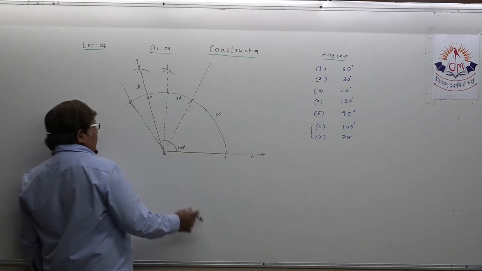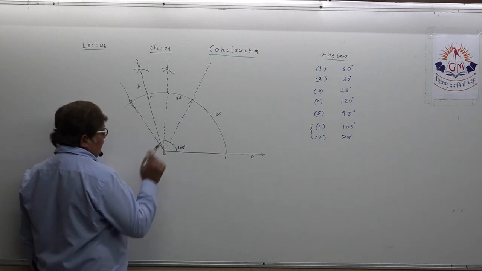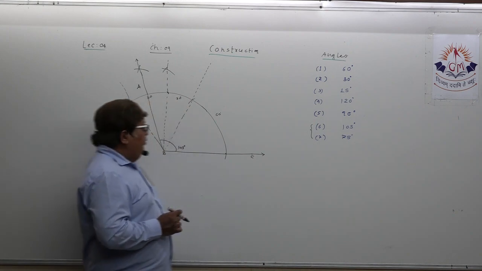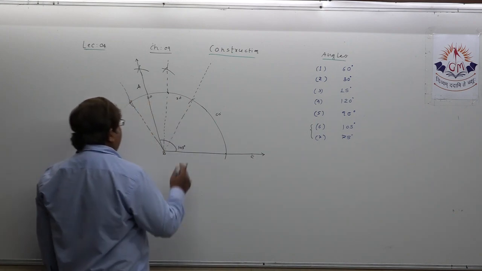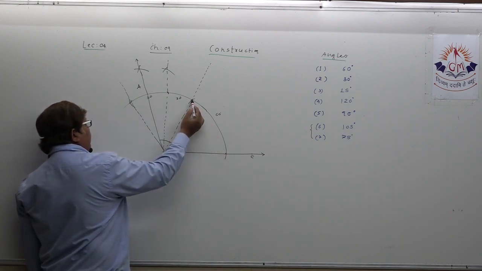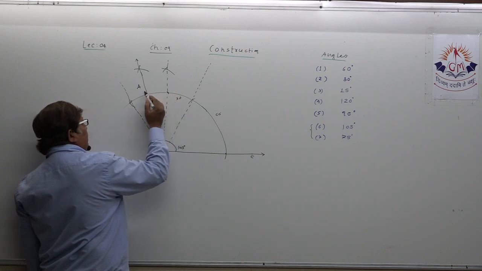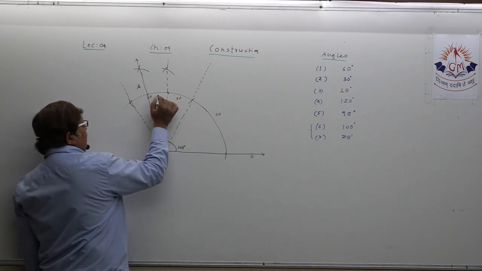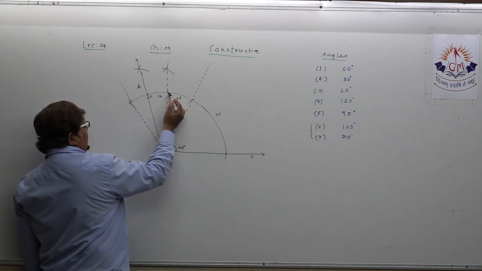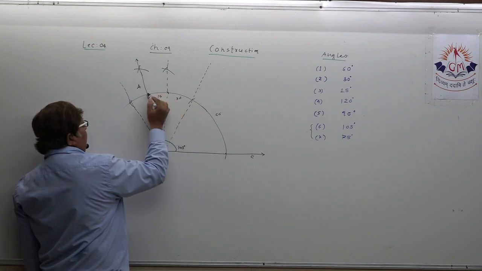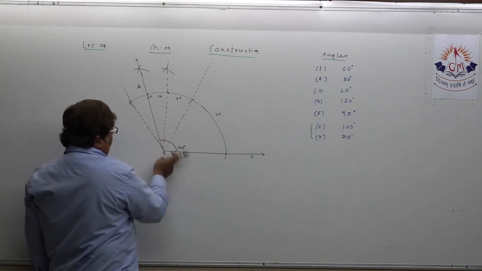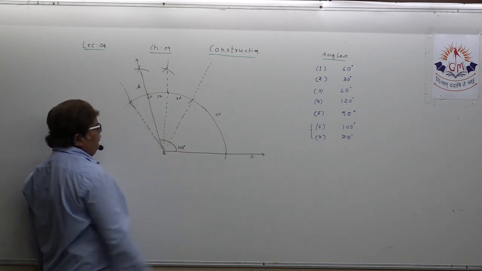You understood this? Because in the same construction I am also going to show you the angle of 75 degree, but first this needs to be very clear. What we have done from here, this is the ray for 60, this is 30, we bisected it, so this is 15. So 60 plus 30, 90, plus 15, this is 105. Okay, so this angle became 105, angle ABC.